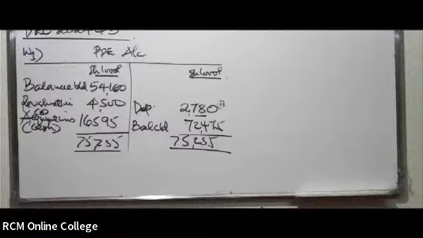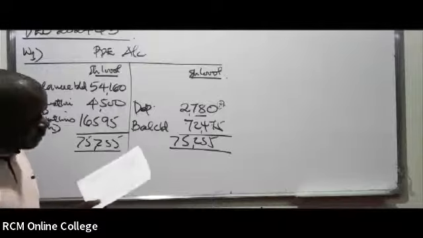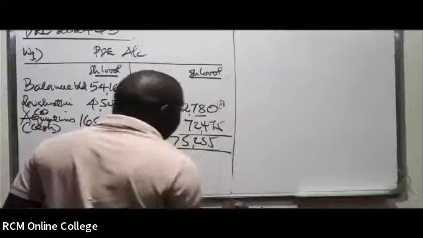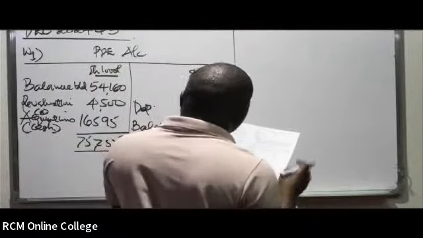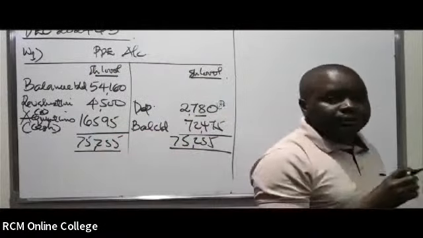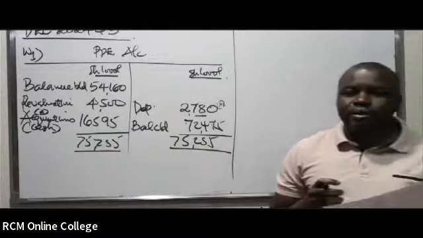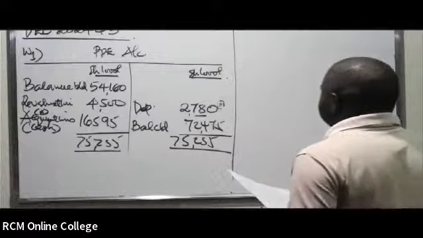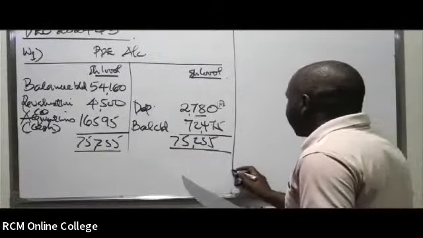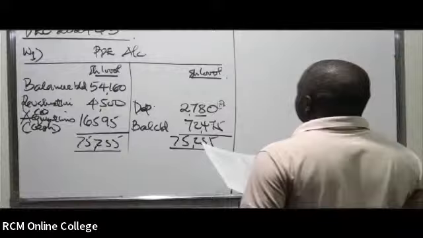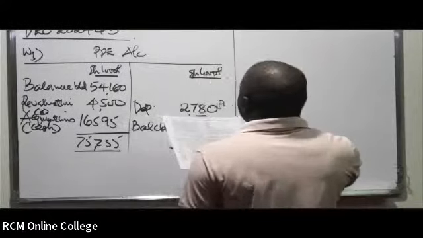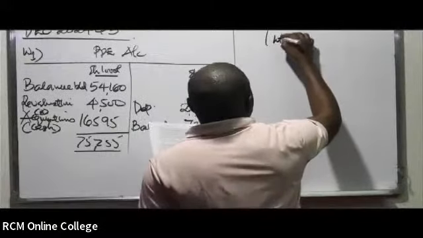Then we've been told that during the year there were new patents that were acquired. So patents are intangible assets. Patents, you must have learned about them. You people have been able to learn a lot of law and governance, so you know what patents are. Patents are acquired when you do an invention, and you protect them under what you call a patent. And therefore we can have the intangible